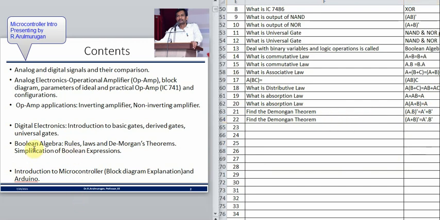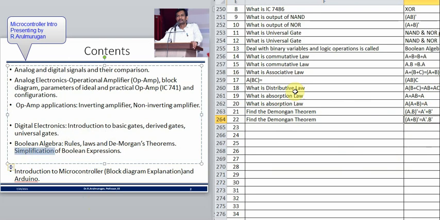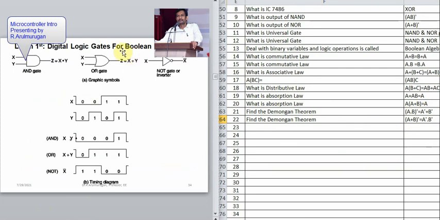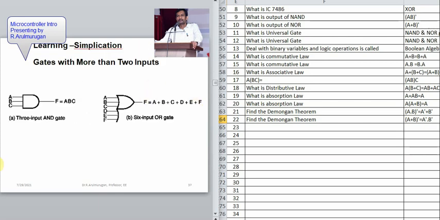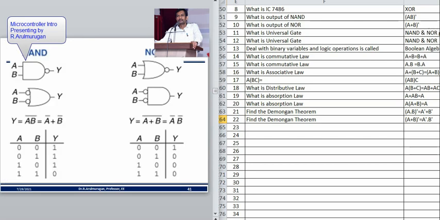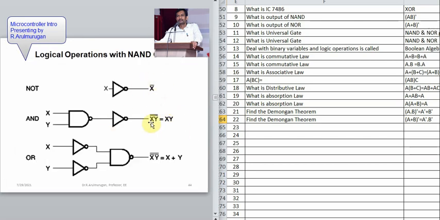The next one is simplification. With the help of these laws, you simplify the circuit and find the answer. What is the answer here? Z is equal to OR gate, so x plus y. This is the answer. Similarly, you find the answer for the next one. Actually, that answer was wrong. The answer is x into y, whole double bar, so xy. That is called simplification.